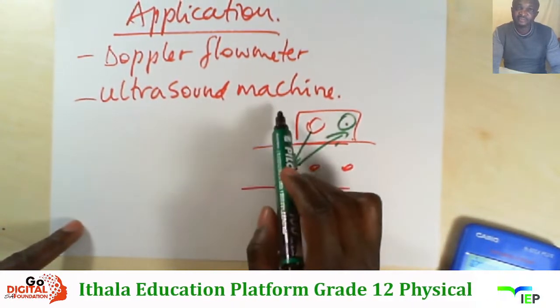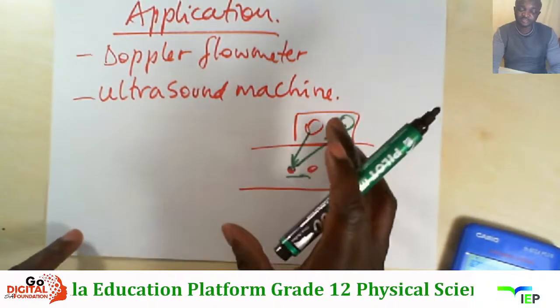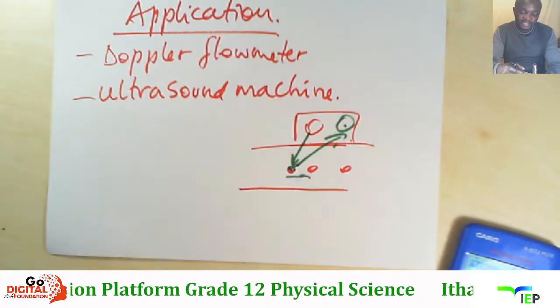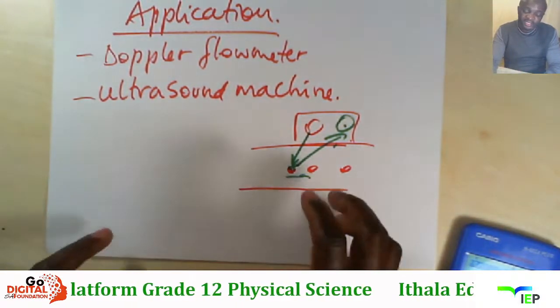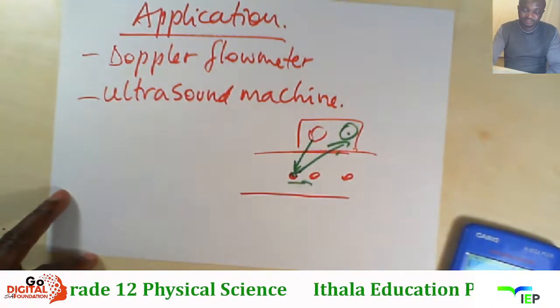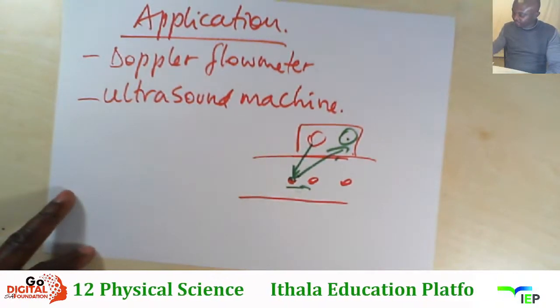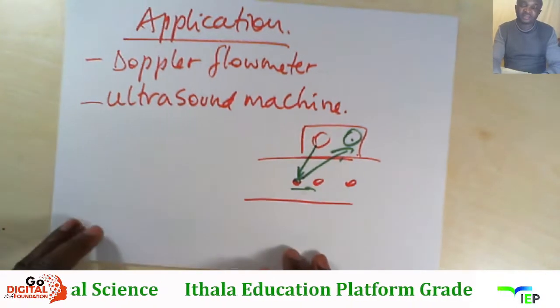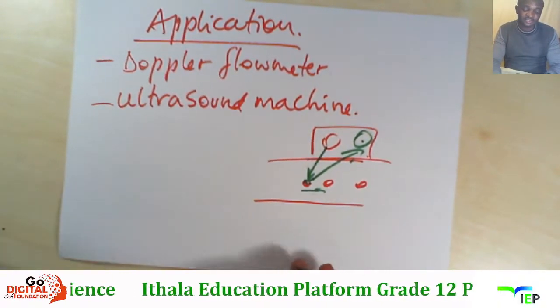For the ultrasound machine it is the same thing, but with a reflector, the reflection comes back in the shape of the baby in the womb, right? Then they can tell, oh, this is a boy, it's a girl, something like that. The sound comes back as a reflection in the shape of the obstacle it found, right? So that is the use of